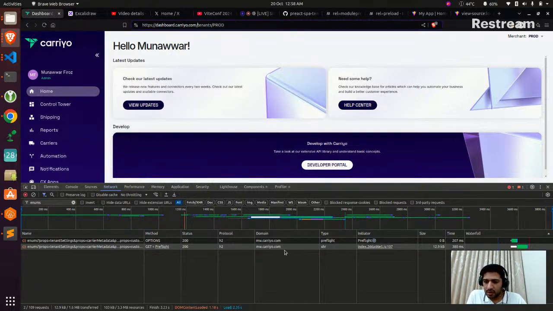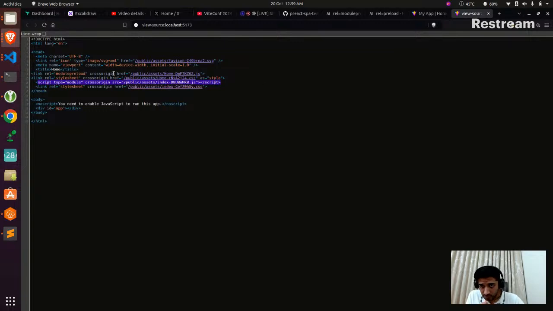So this is a whole reflection of where I went wrong with this whole application. If I were to do this whole app today, I wouldn't be doing this. At most, what I would do is put my JavaScript file in a subdomain. That is fine. That will not cause a CORS issue. Like if I put, let's go back here, this is saying /public, right? If this was cdn.domain.com, there would be no problem with CORS because